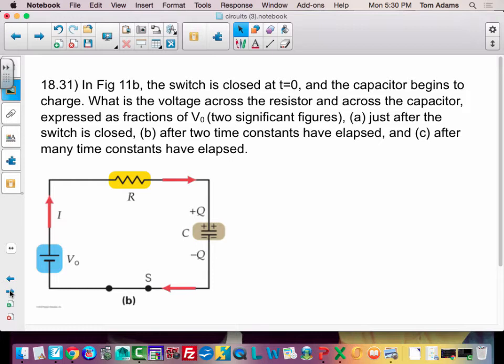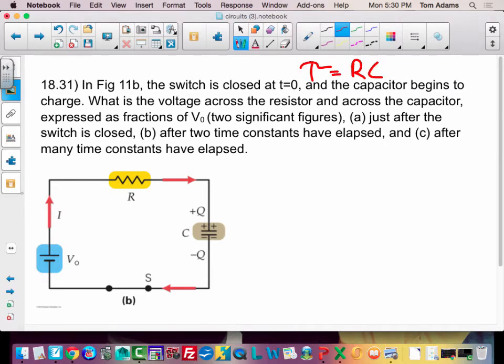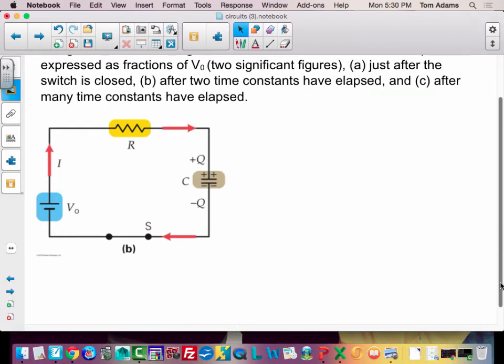And so remember that the time constant is always going to be tau, which is equal to resistance times the capacitance. We'll do that in a second. And then lastly, part C, it says after many time constants have elapsed. All right, so we got a little bit of stuff to do here. So for part A on this one,